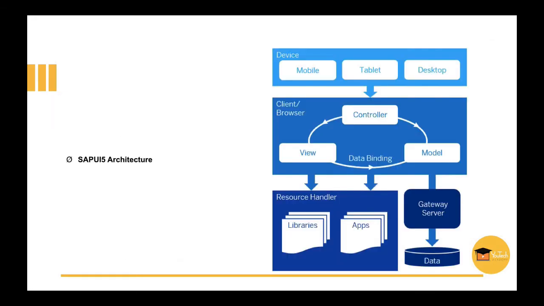This is the architecture of a SAP UI5 application. SAP UI5 is a UI framework based on JavaScript, CSS, and HTML. The SAP UI5 application is deployed on a server and runs in the browser of any device, like mobile devices, tablet, or desktop browser. When a SAP UI5 application runs in the browser, a request is sent to the server where it is deployed to load the application in the browser, and the libraries are loaded from the server. And also the data is fetched from the database.